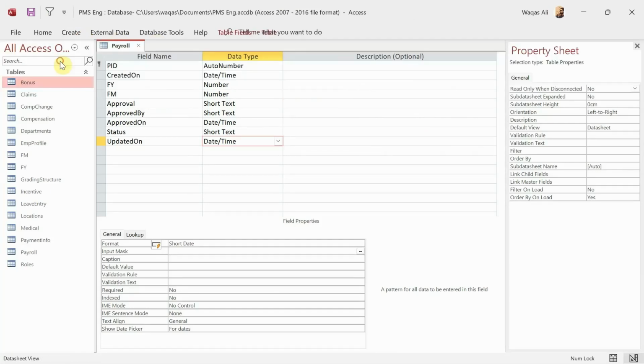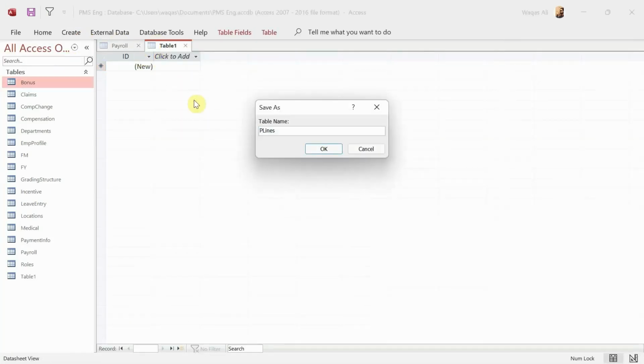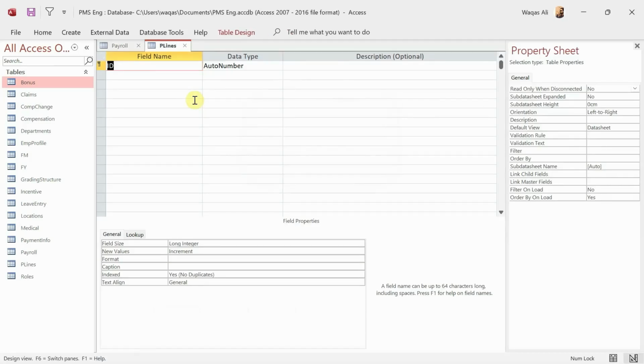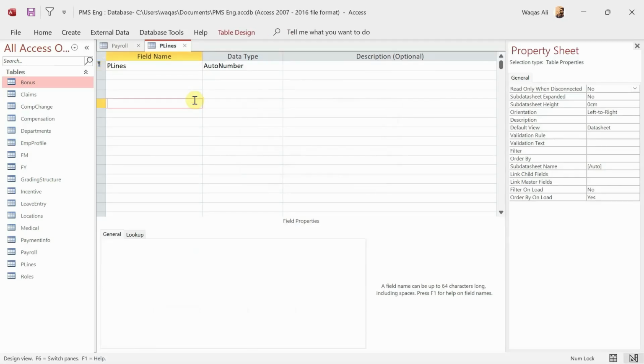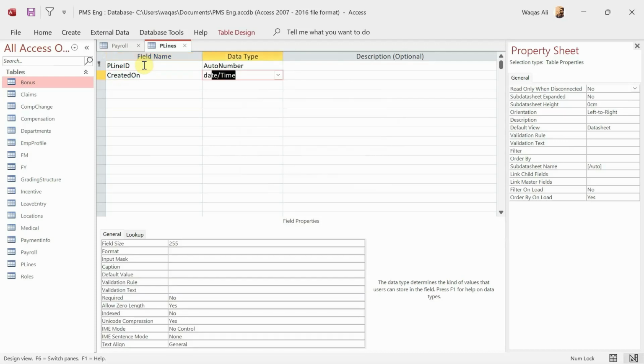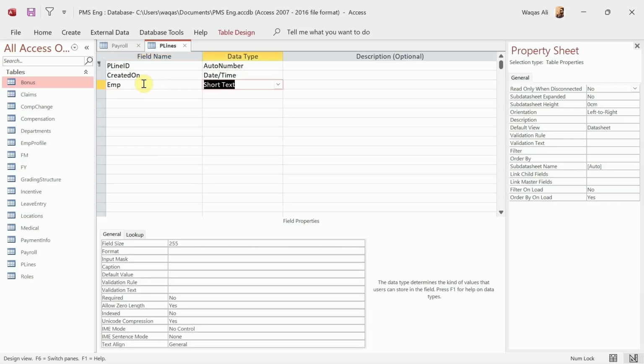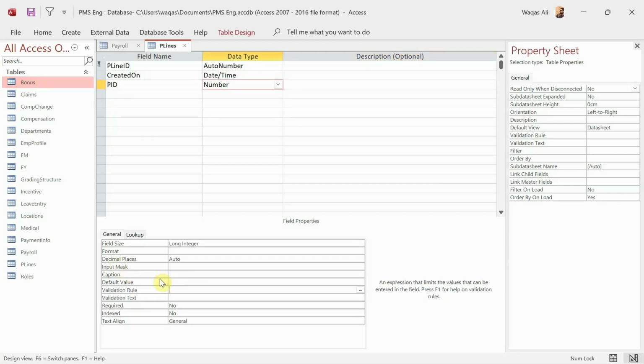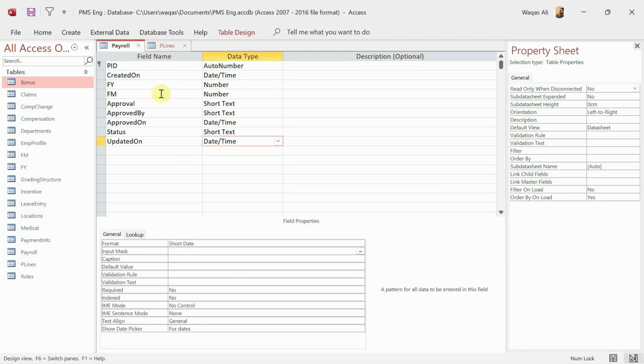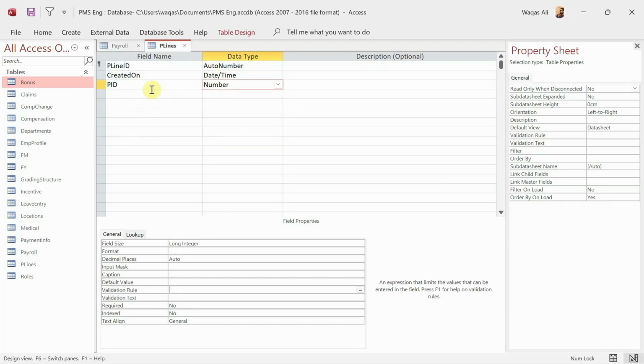So the purpose of this table, now this is the important table, by the way. So payroll line ID, created on, so we'll have date and time, and for which employee, payroll ID. We are going to link this table with the payroll table. Basically the payroll table will be an overall table, overall information, but payroll line will hold the information for each